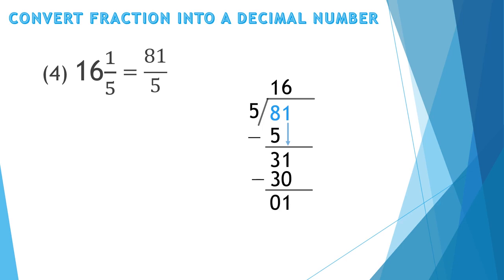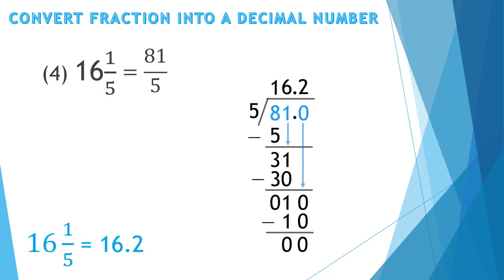Since the remainder is not equal to 0, after 81 add a decimal point and then a 0 in the tenth place, because adding zeros after the decimal does not change its value. Okay, now write the decimal point in the quotient above the line. Now bring down this extra 0 and divide 10 by 5. How many times? 2 times, because 5 2s are 10. So write 2 in the quotient above the line and subtract 10 minus 10. We get 0 as remainder. So stop here, and the quotient is equal to 16.2. So the decimal value of 16 1 upon 5 is equal to 16.2.